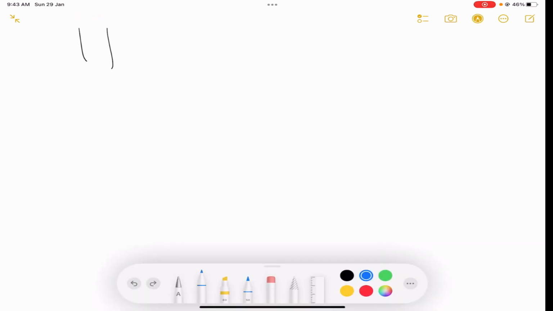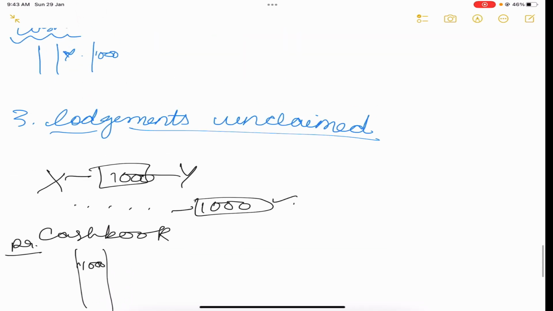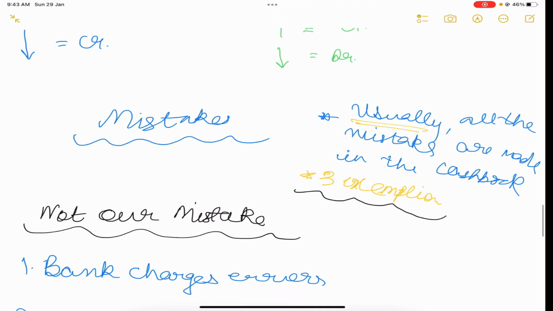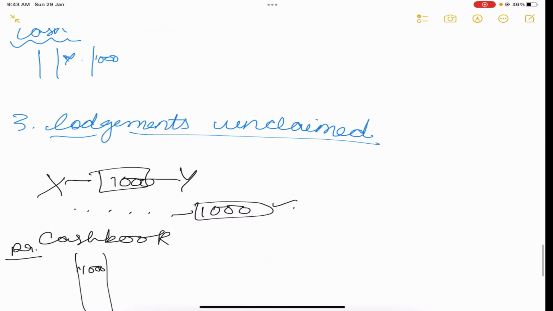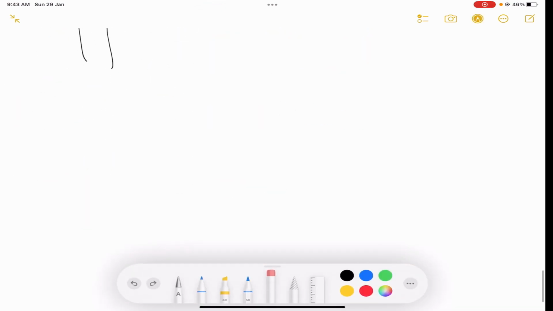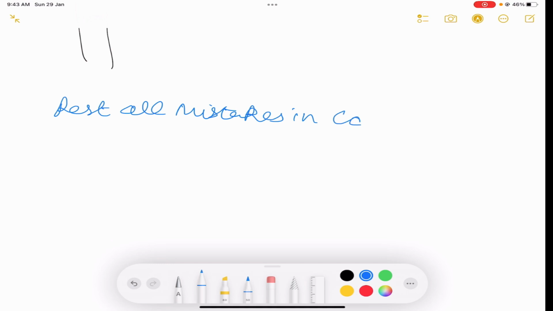The rest are mistakes which are ours. You remember what assumption we made? Usually all the mistakes are made in the cash book. Usually all the mistakes are made by me. So only these 3 exceptions which we've studied can be the bank mistakes. Everything else is my mistake. Okay? Everything else is a mistake in the cash book. Rest of all mistakes are in the cash book. Okay,